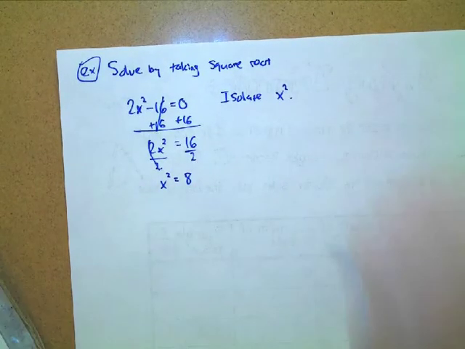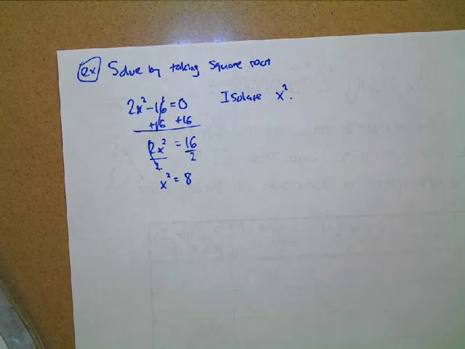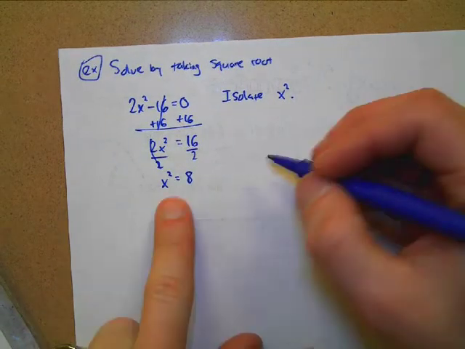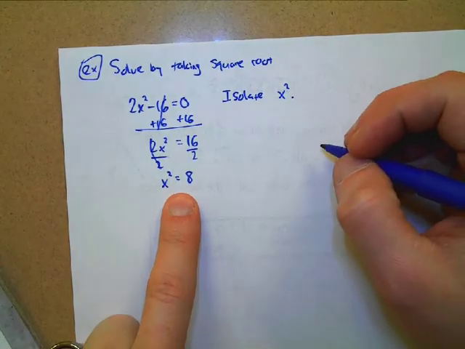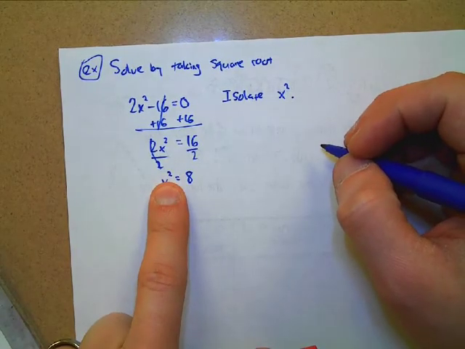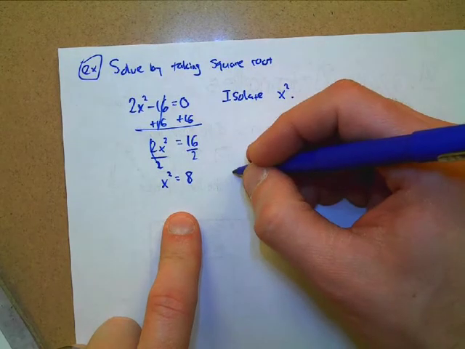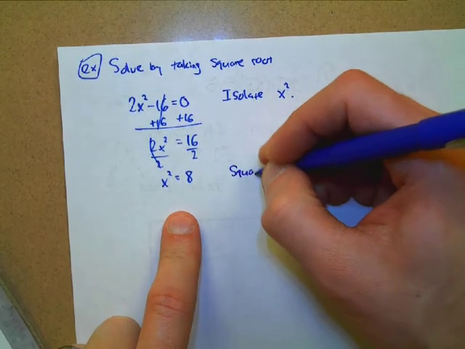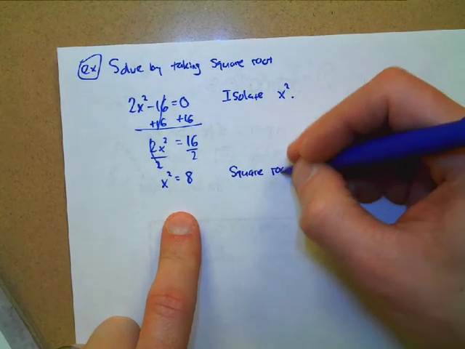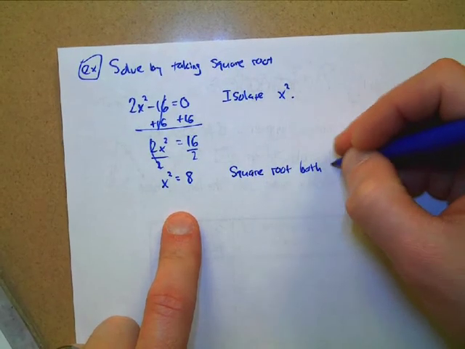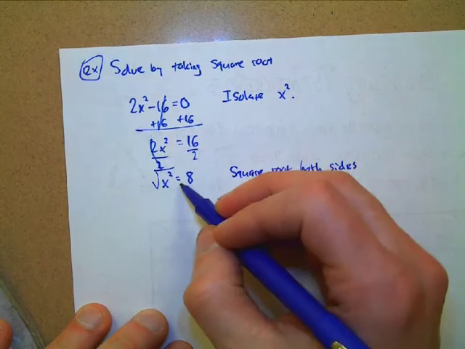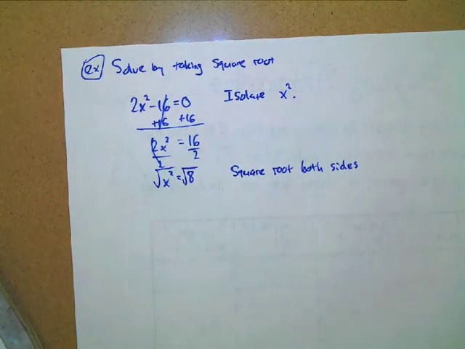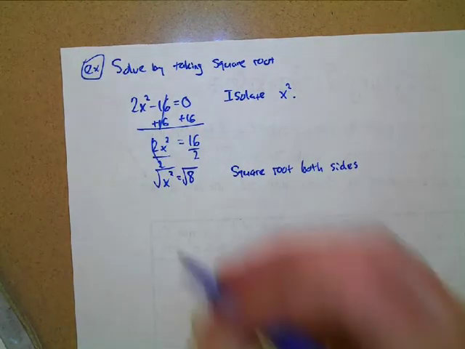Okay, thank you, Bobby. So then at this point, the x squared is isolated. We got it by itself. Okay, now what should we do to both sides? How do you get rid of a square? Square root, right? Then square root both sides. So square root, square root. Okay, we have x equals